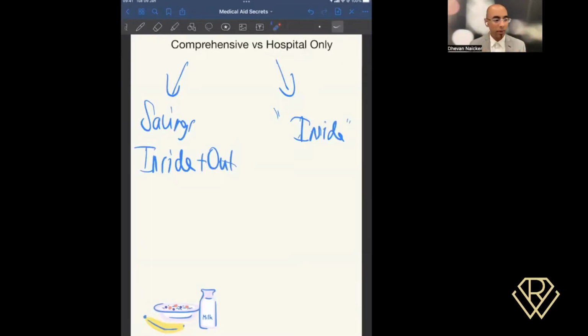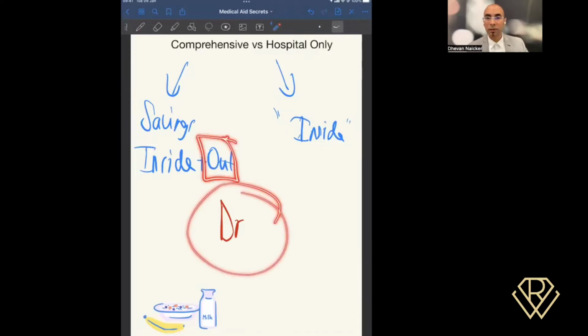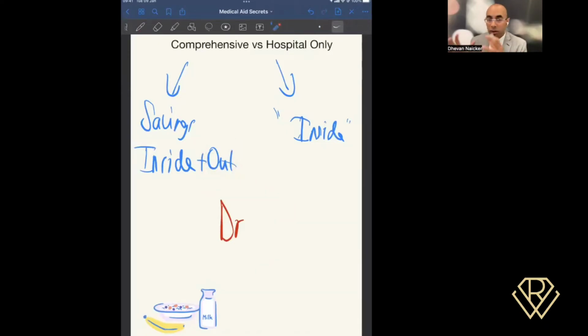I'll use an example to make this a bit easier. Let's just assume that you're needing some kind of treatment and you are visiting your family doctor. Now, you're making the visit outside of the hospital, right? The doctor is not based in the hospital in my example. So how do you finance this? How do you pay this? If you have a medical aid that's hospital only, there's no savings benefit attached to it. And because you're not hospitalized, it's not going to make the payment, right? Because it's covering only things that happen in the hospital, meaning you're going to have to pay the doctor's bill